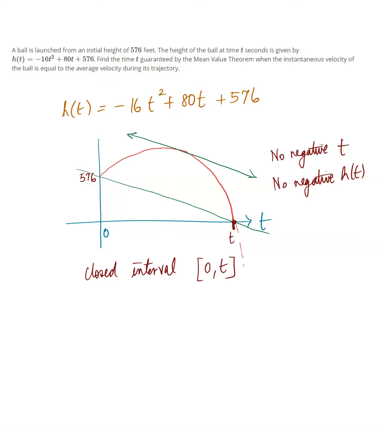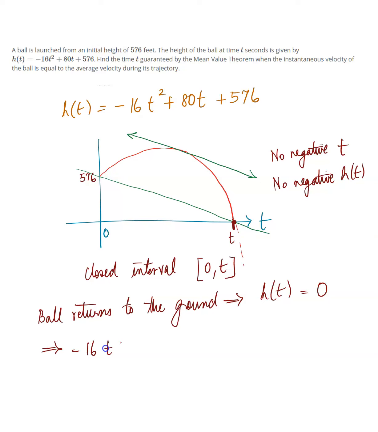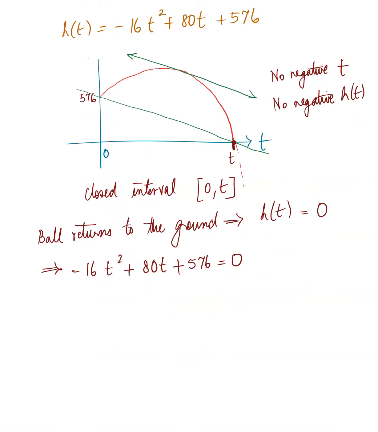And in order to determine that t, I need to understand that that t will happen when the ball returns to the ground. So as a ball returns to the ground implies that the height of the ball is now 0 because it's on the ground. This helps me to determine the time. So I set up the given quadratic equation equal to 0. Use your quadratic formula,